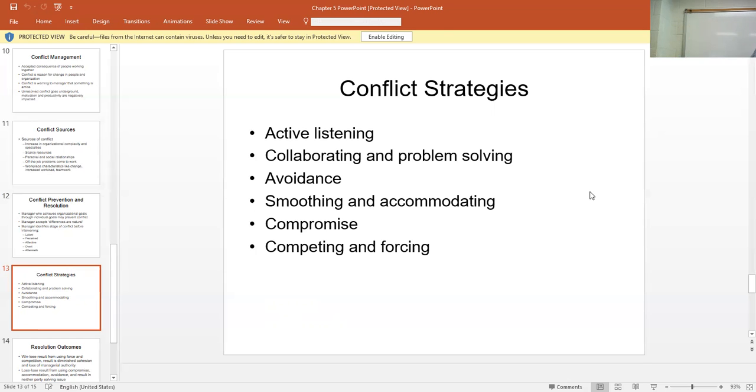Smoothing and accommodating. That's your job as a manager, sometimes, to smooth things over, to accommodate people, to maybe make some compromises, to make them feel like you are on their side, that you're looking out for them. That can help